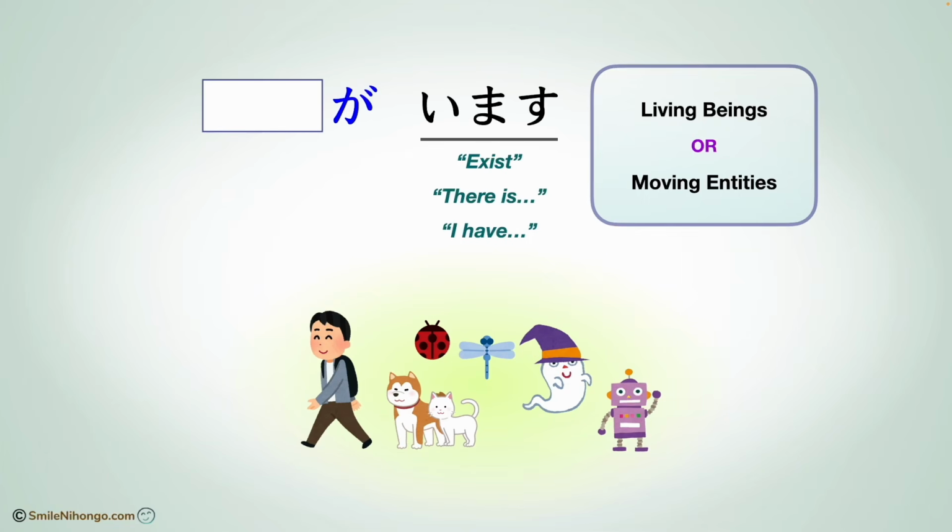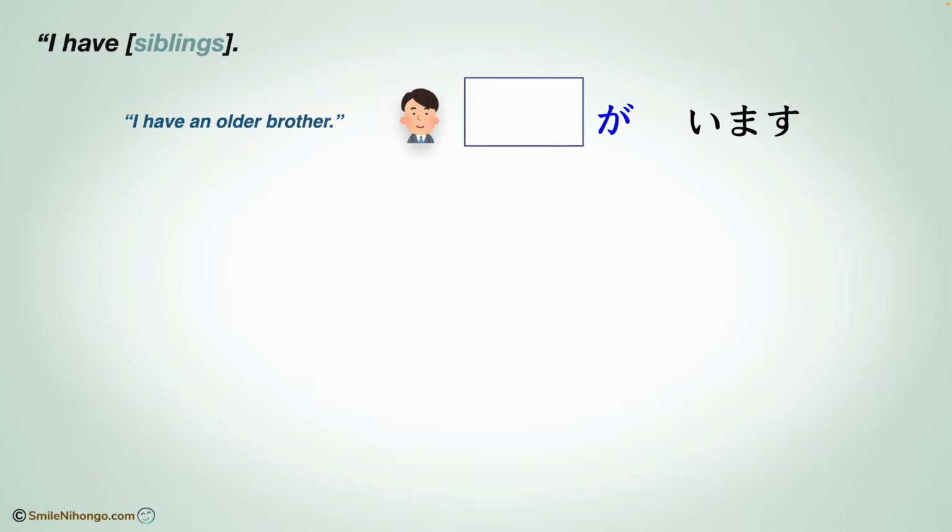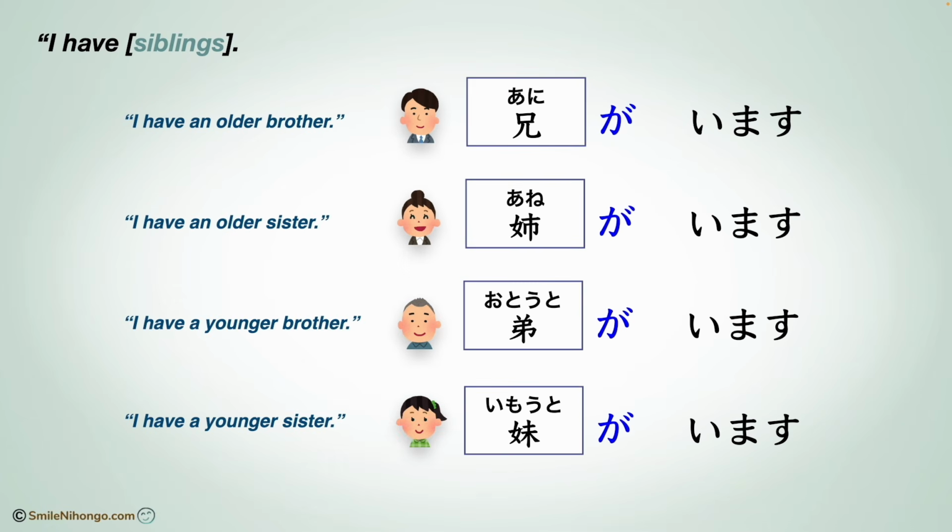And you use the particle が to mark the subject of existence. For instance, I have an older brother in Japanese is 兄がいます. And you do the same for other siblings. 姉がいます。弟がいます。妹がいます。